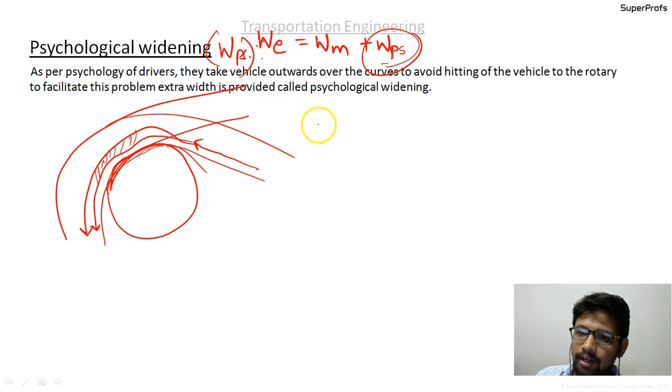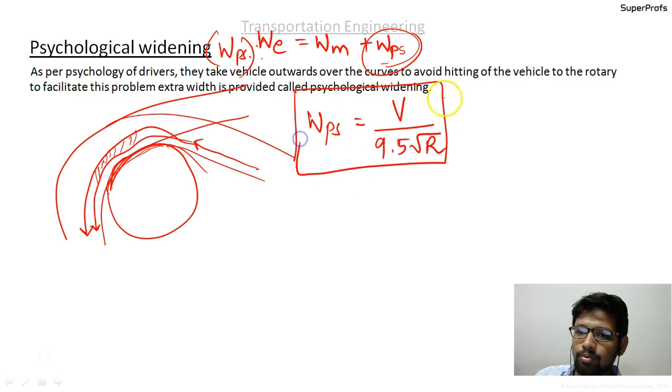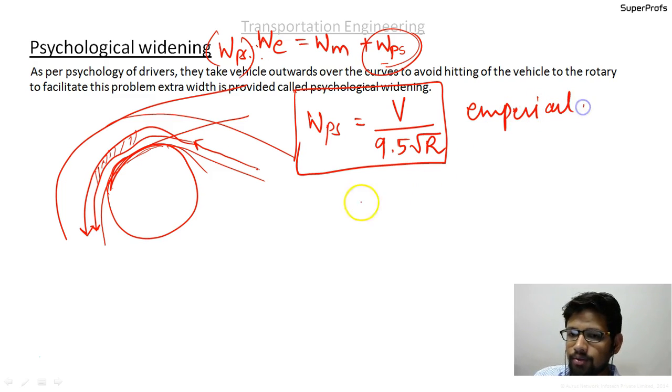So the psychological widening, WPS, is given as V upon 9.5 under root of R. Okay, V upon 9.5 under root of R. And remember that this formula is an empirical one. This is an empirical formula where V is